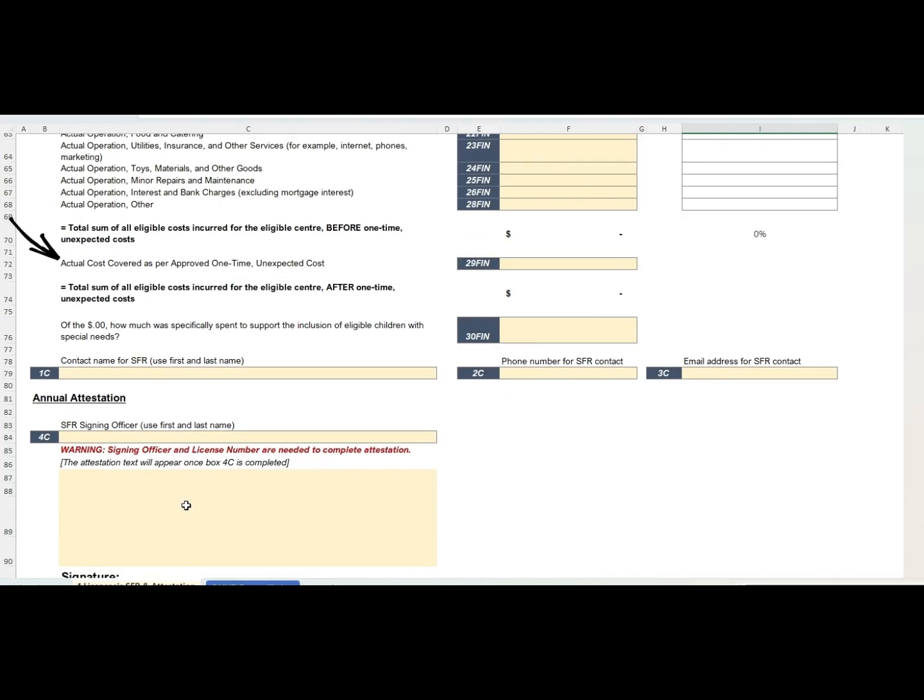If you received emergency funding during the calendar year, include the actual eligible expenses associated with the approved application here. The last item for this section is the actual eligible costs specifically associated with supporting the inclusion of children with special needs, where the principle of inclusion, as laid out by the ministry, stipulates that all children are able to